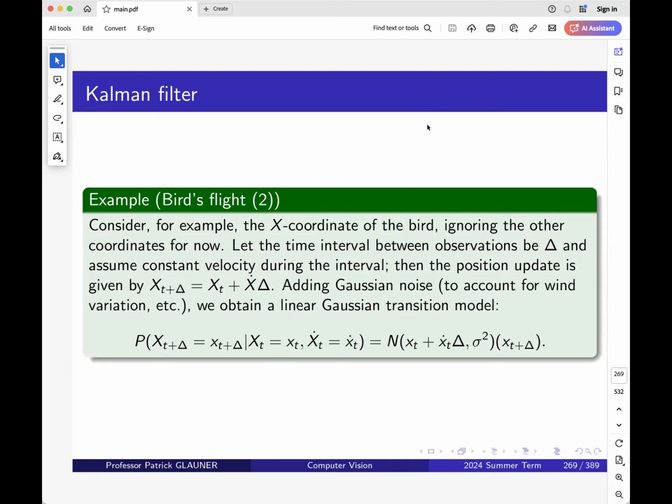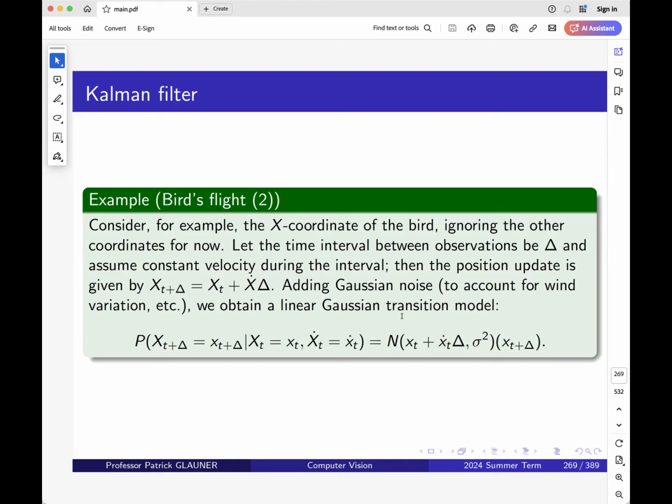And I said this is the linear part, and we're using these linear Gaussian models. There is uncertainty because we just don't know how much it moved exactly, so we need to add Gaussian noise on top of it. And Gaussian noise is particularly helpful because the Gaussian distribution largely, or